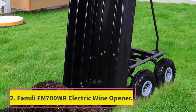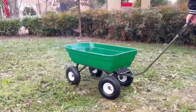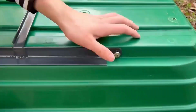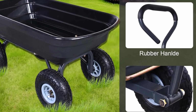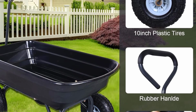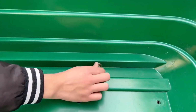The 10-inch pneumatic tires provide smooth movement over various terrains, including grass and sand, ensuring you can transport materials without hassle. Additionally, the quick-release system allows for easy unloading, saving you time and effort during your gardening projects. What we like: high weight capacity, ergonomic handle design, pneumatic tires for stability, quick unloading feature,